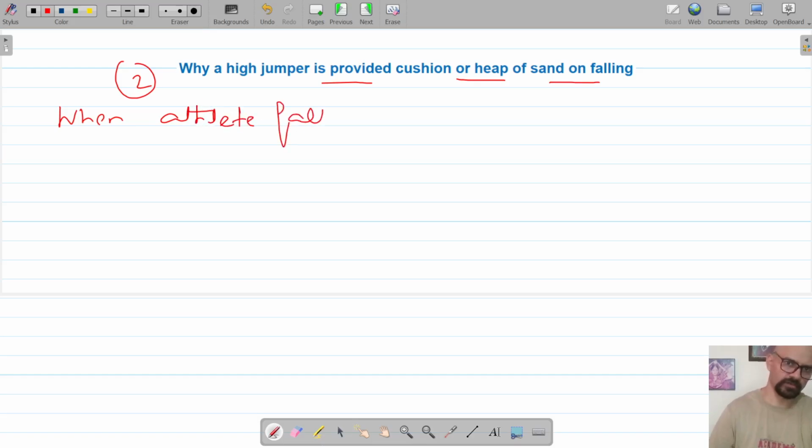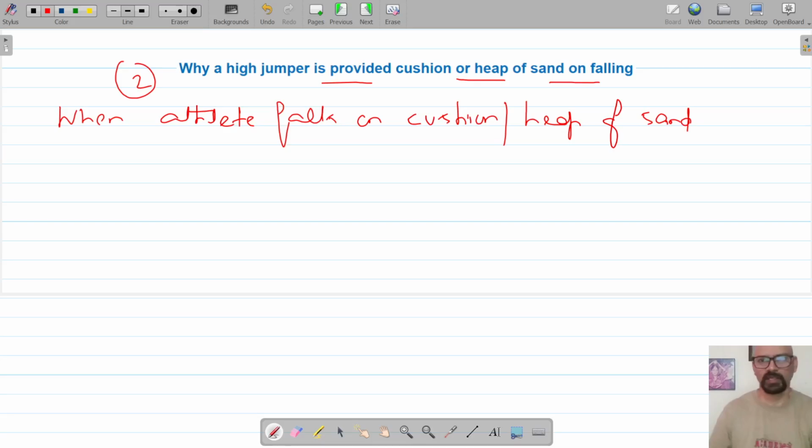this athlete falls on a cushion or heap of sand. Whenever he falls on a cushion or a heap of sand, the jumper takes a longer time to come to rest. He takes more time to come to rest because whenever he lands on the cushion or a heap of sand,